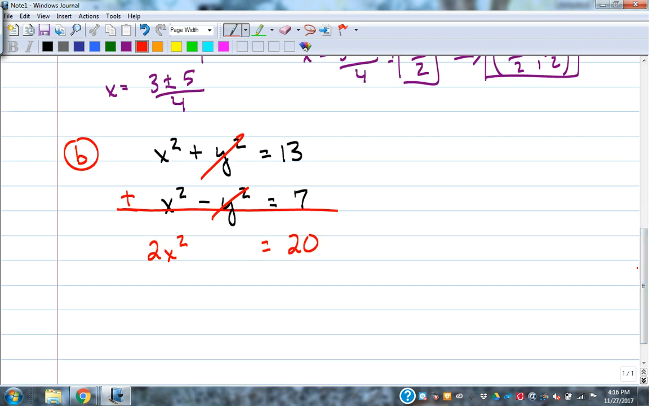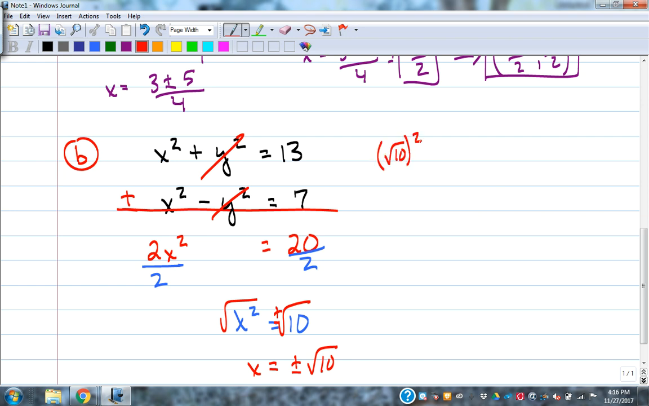And I can solve that pretty easily. Divide by 2. X squared is equal to 10. Square root, plus or minus on that side. Plus or minus the square root of 10 are the solutions for x. So pick one of the equations to plug into. They both have the y squared in there, so it's not going to change how many answers you get out of that. So if I'm just going to go to the top one because it doesn't have any negatives in it, and I plug in the square root of 10